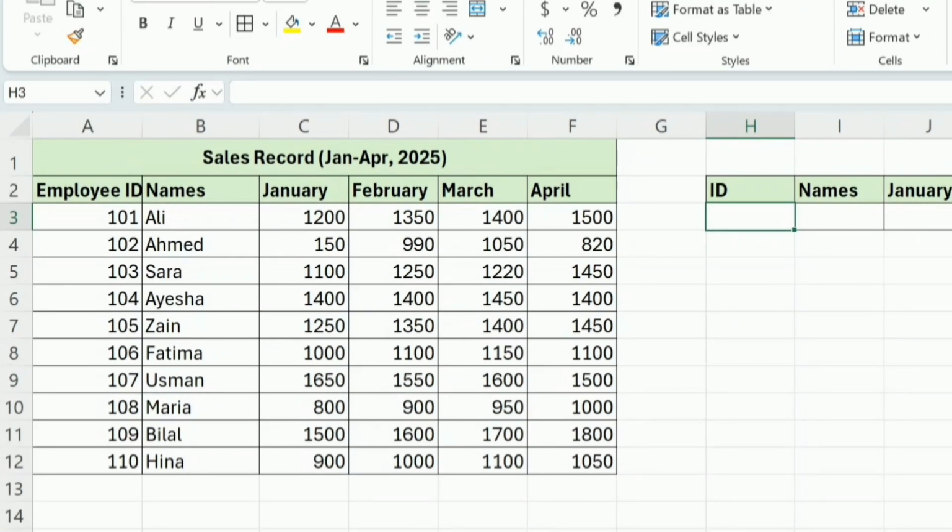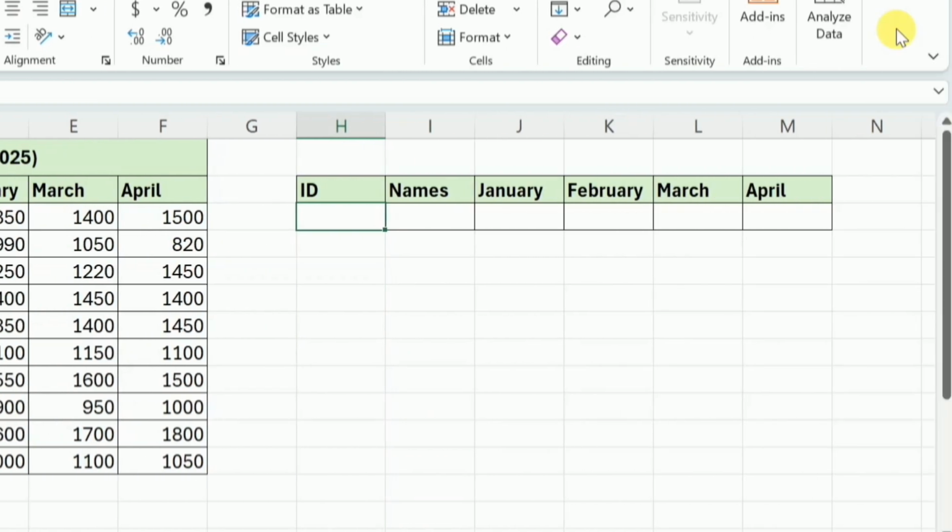First of all, I would like to introduce the data that I will use. So I'll use sales record from January to April 2025, in which I have the employees ID, names and their sale from January to April. And on the right, I have the same headings. And I want that whenever I type an employee ID in this H2 cell, the data is searched using the